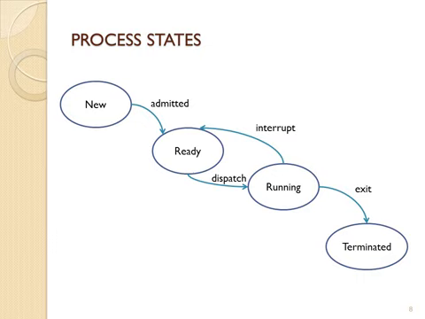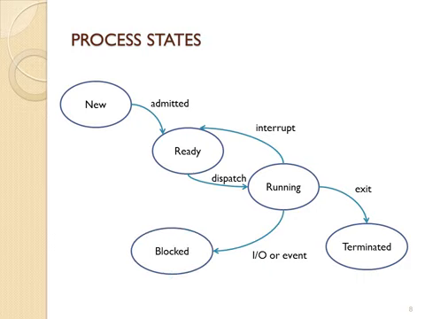Another thing that can happen when a process is on the CPU, it may need to wait for an event. What that means is that some of the devices run slower than the process, or a process may be waiting for the result from another process, or for some reason, a process cannot continue its current CPU execution, so it needs to wait for the event, in which case it will then go into a blocked state. When the process is in a blocked state,